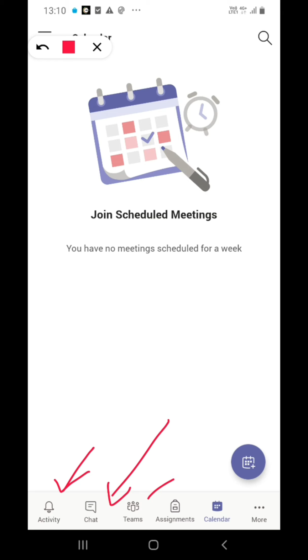And the next one is called Teams. Normally this is where you are going to spend most of your time. This is where you create Teams, classrooms, virtual meetings and share ideas. Next, Assignment. Any assignment can be given by the teacher, and you can find it in this option. Next one is Calendar. The calendar allows us to schedule team meetings. So these are the main important options that are available in Microsoft Teams.